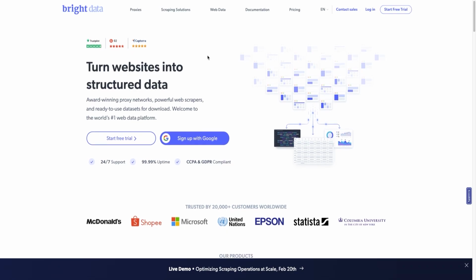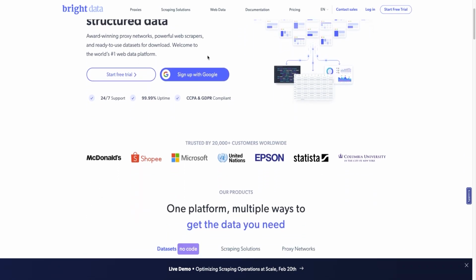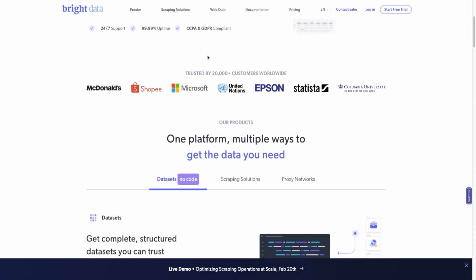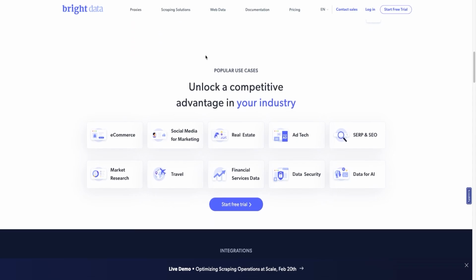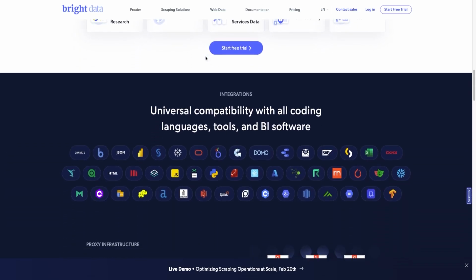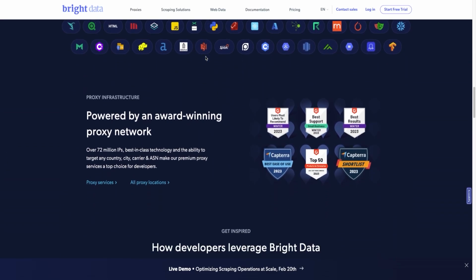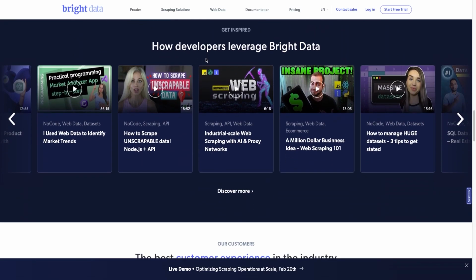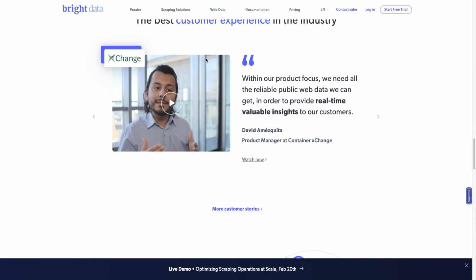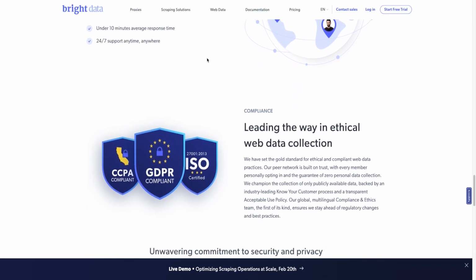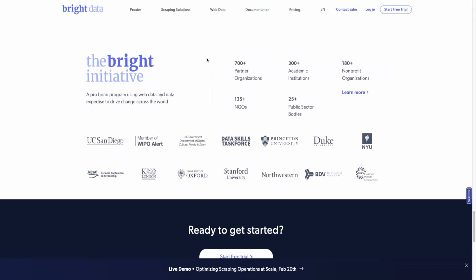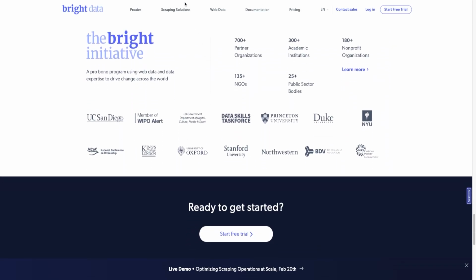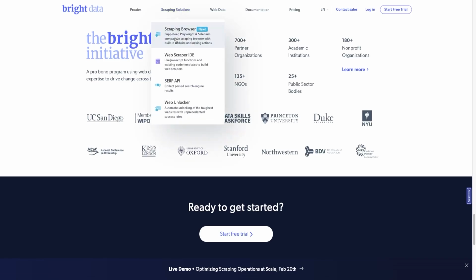Now let's get started. Now let's talk about Bright Data. Today, I'm thrilled to introduce you to an innovative platform that's transforming the way we interact with the vast expanse of the web, Bright Data. In our digital age, data is more than just information. It's the fuel that powers decision making, drives innovation, and unlocks new opportunities across industries. Bright Data is at the forefront of this revolution, offering a suite of advanced tools designed to help businesses, researchers, and developers harness the power of web data. Whether you are looking to analyze market trends, monitor brand reputation, or gather competitive intelligence, Bright Data provides the key